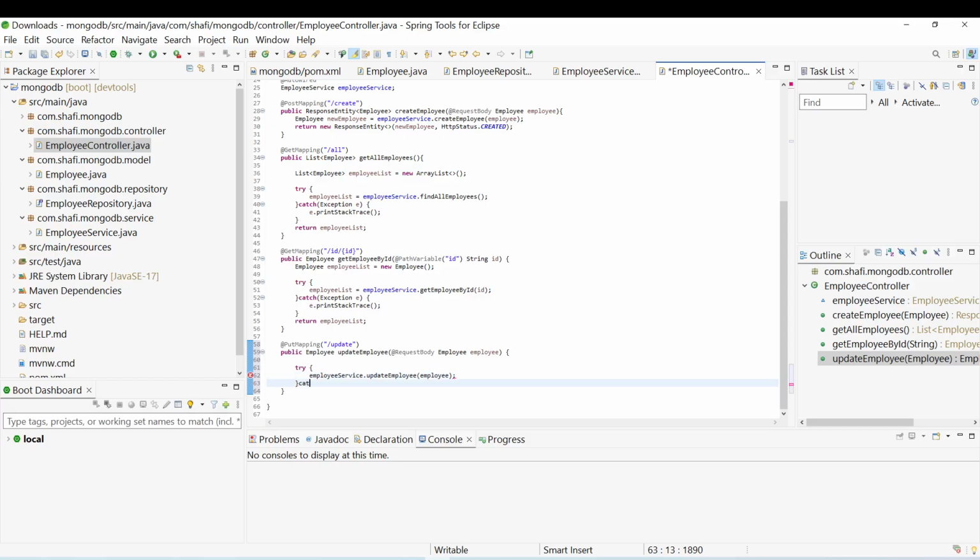Then start a catch block, open close curly brackets, and the exception instance of this exception e, open close curly brackets. There's a typo, a spelling mistake, so it's catch. Back in the catch block, e dot printStackTrace, and now return